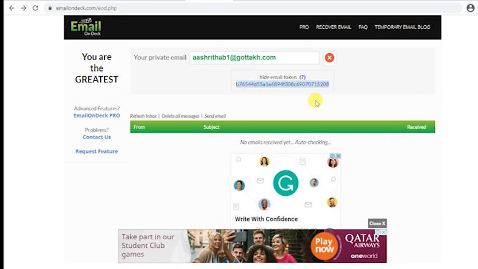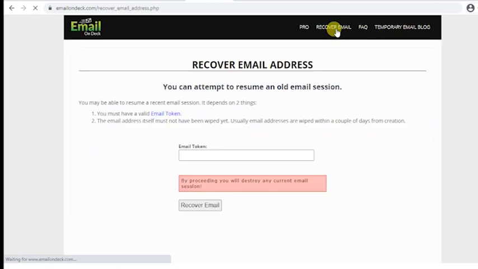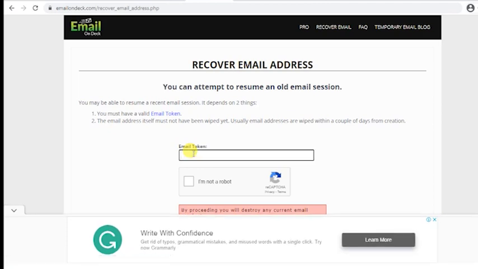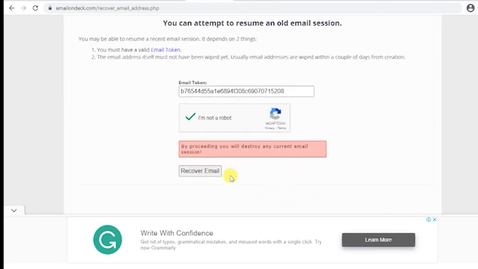Whenever you want this specific email box, you can go to Email on Deck and recover email, paste your previous account's token here, verify that you are not a robot, and you can recover your email.